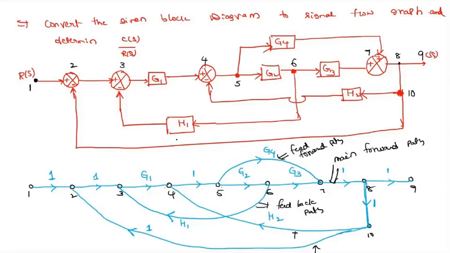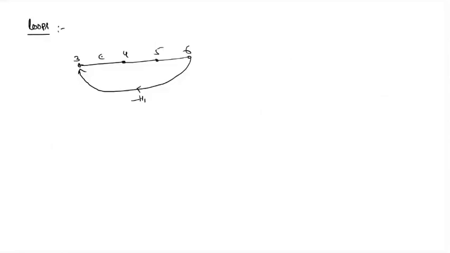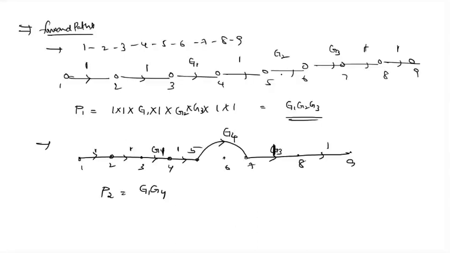While drawing the signal flow graph, you can indicate the minus here: minus H1, minus H2. The last one is minus 1, because nothing else will be there. While indicating the feedback, you can mention the minus, like previously asked, you can mention that value also. So minus H1, minus 1, minus H2. Minus will be indicated for the feedbacks. So if you indicate that minus H1, 3 to 4, what is the block? 3 to 4 is G1. Then 4 to 5, what is that? 1. 5 to 6 is G2.